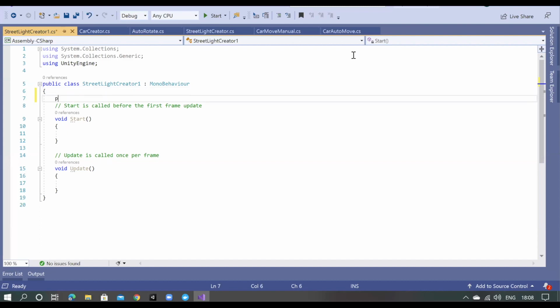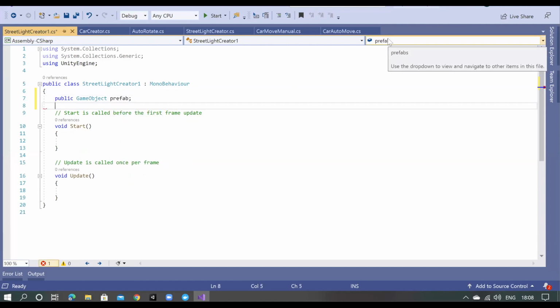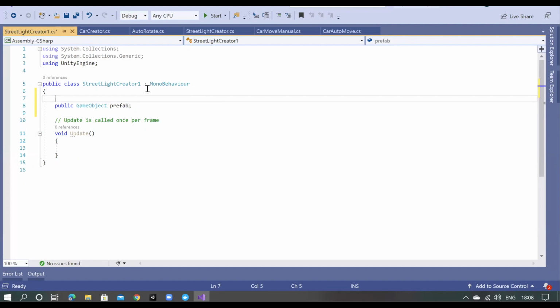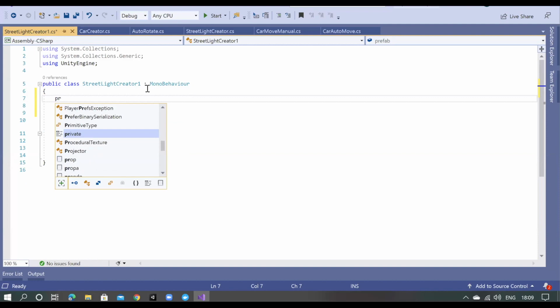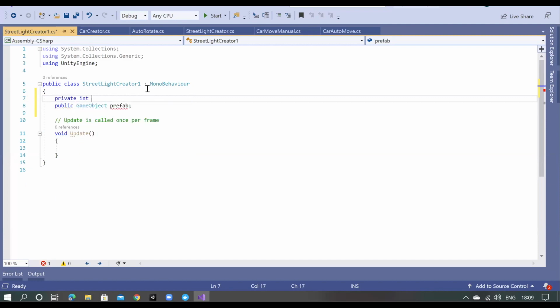I will have a public game object and call it light prefab, or some prefab. Start, nothing I'll do. I have a variable, private int z value.